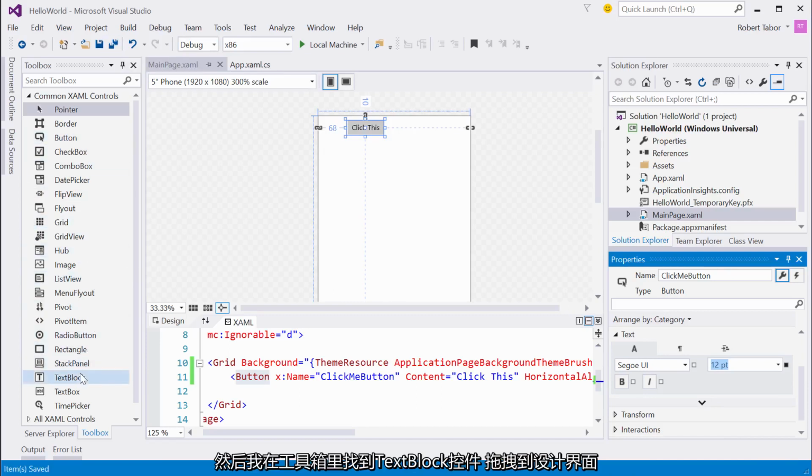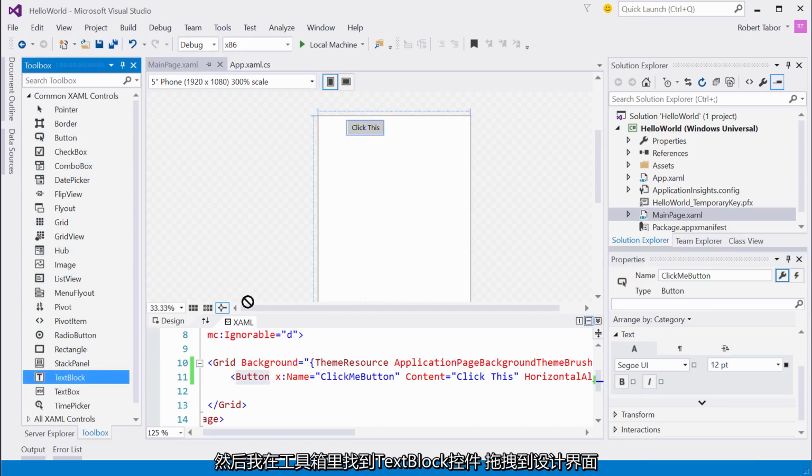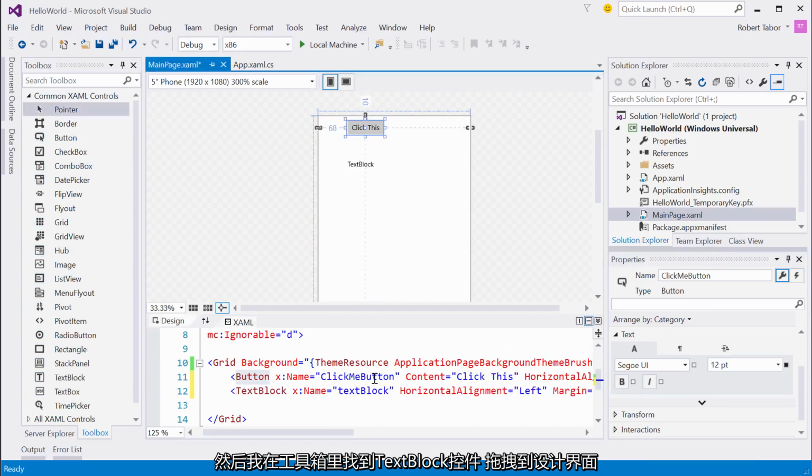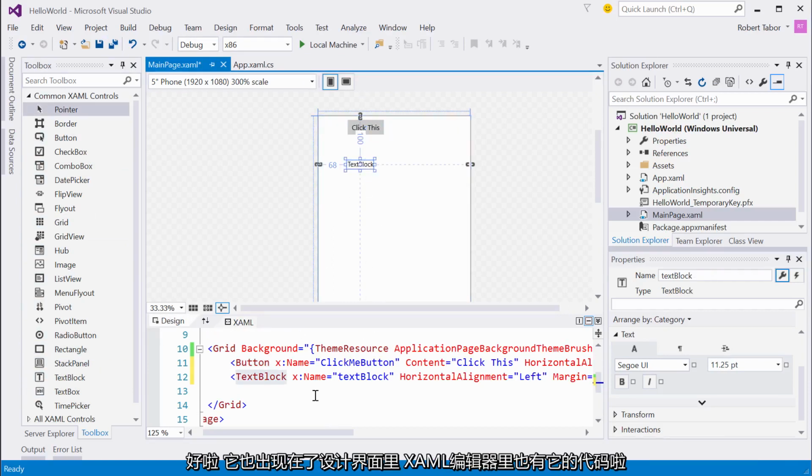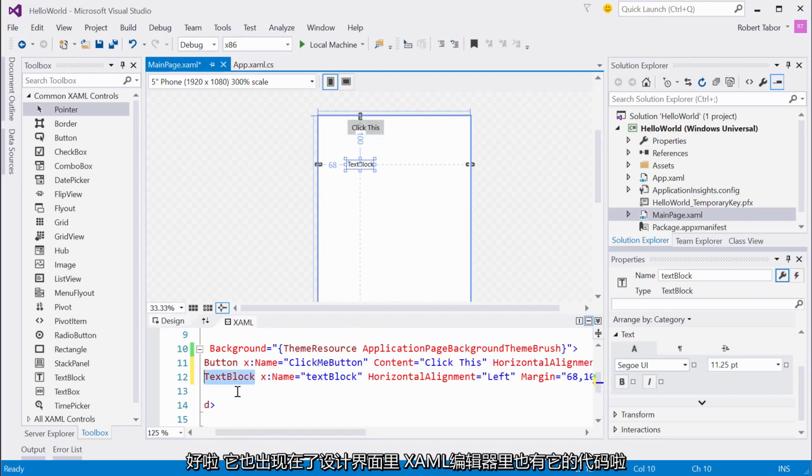Instead, what I wanted to do was actually go over here to the text block control in the toolbox. I'm going to drag and drop that onto my design surface as well. You can see now that it also is represented on the visual surface. It's here in our XAML editor, and now we can also make